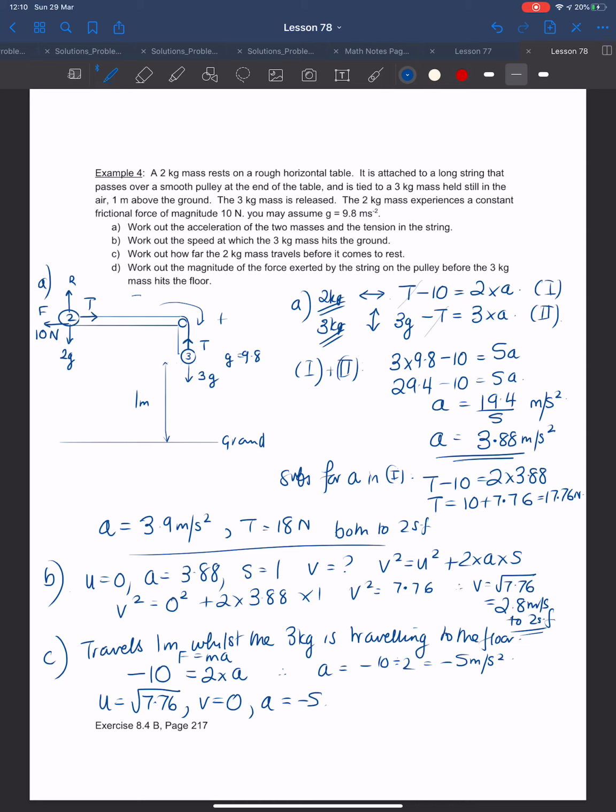How far, S. So again, v squared equals u squared plus 2as. So 0 equals 7.76, because it's the square root of 7.76 squared, plus 2 times a times s. So if we add 10s to each side, we get 10s is 7.76. So s is